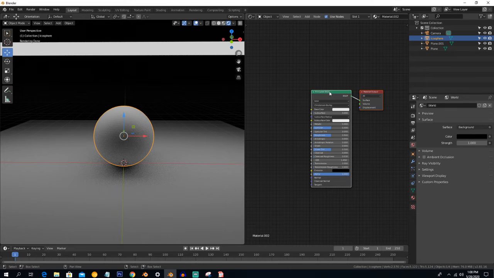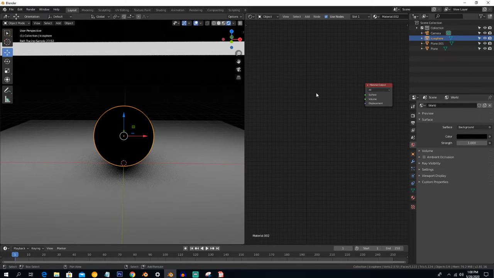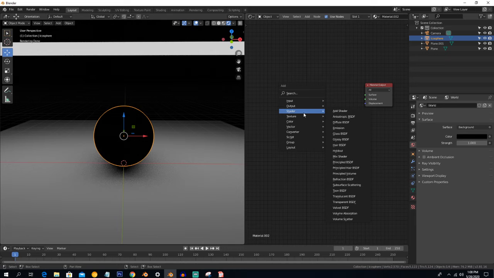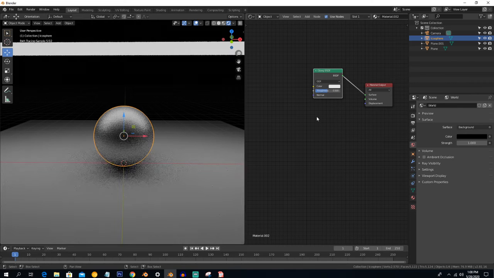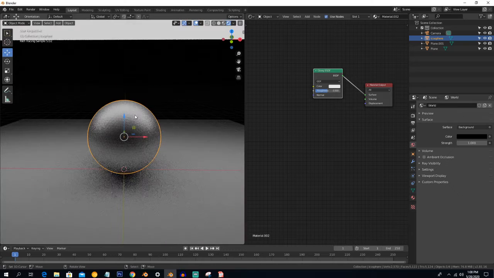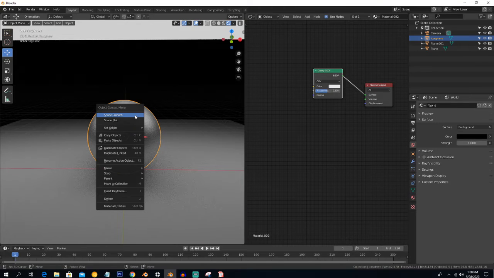Now you can create here any texture from the start. Just press X and from the shader you just select a glossy shader, and now to create a smooth surface just press W and select smooth shade.